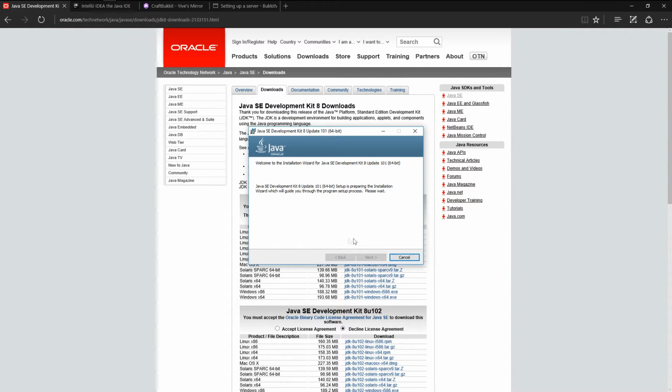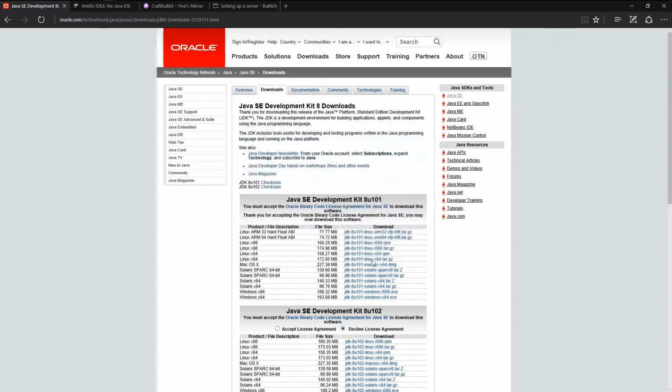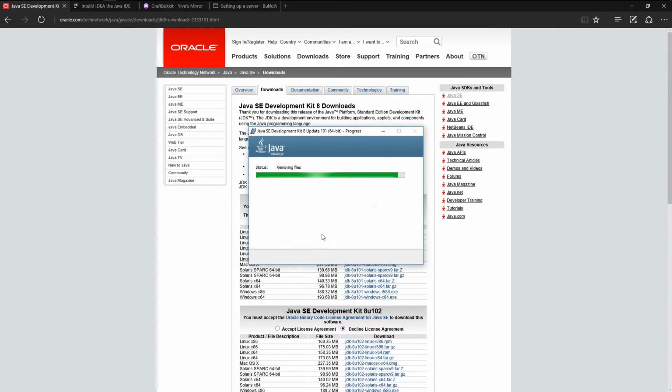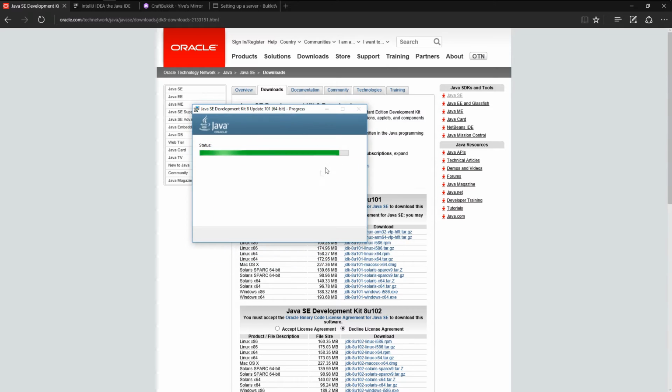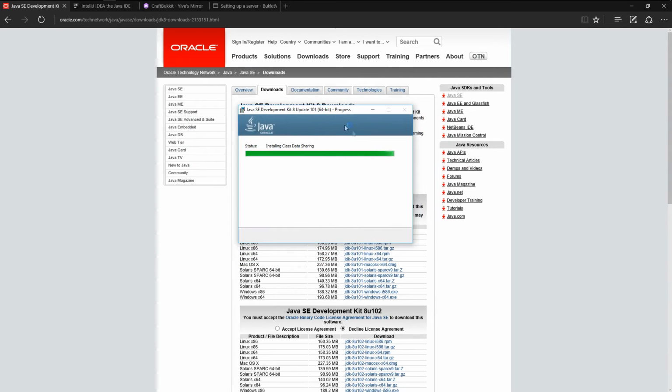Here we go. So just go ahead and hit next again, and it is going to download the installer, and then it's going to install the actual development kit. So just wait for it to extract the installer. And here we go, we are about to download the